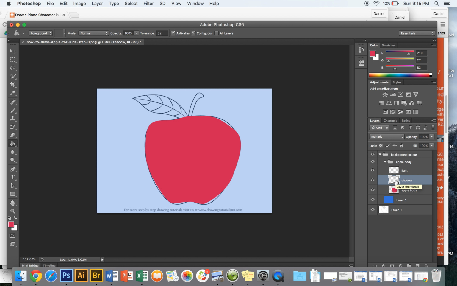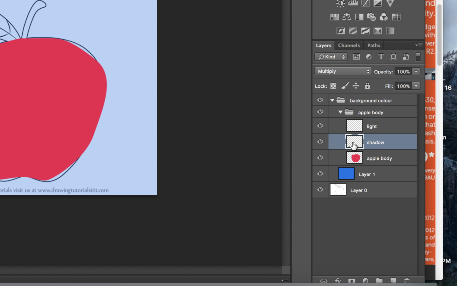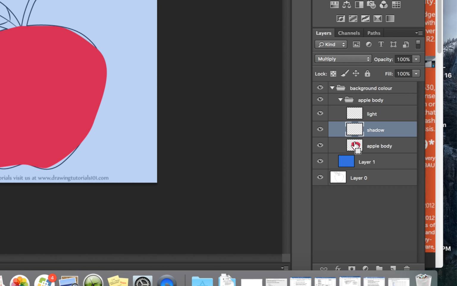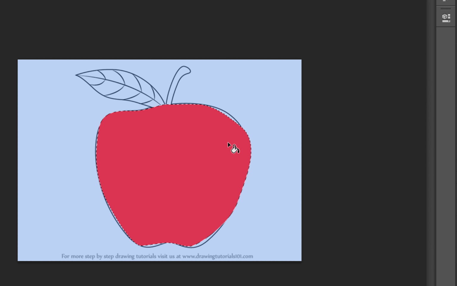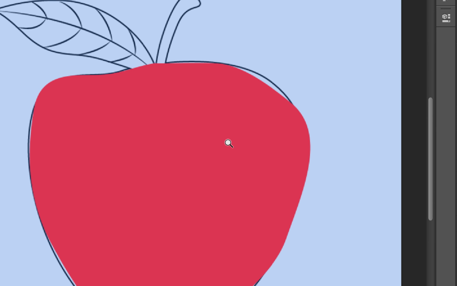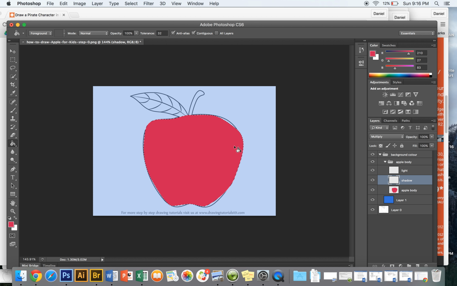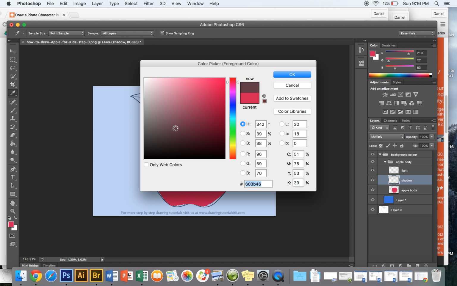What I'm going to do now is add some shadow to it. So the trick to doing that is to click on the shadow layer, and then while holding down Command, click on the apple layer, and you can see what's happened is it's selected the apple body, but we're still on the shadow layer, so we can add shadow. I'm going to grab a darker version of that red,